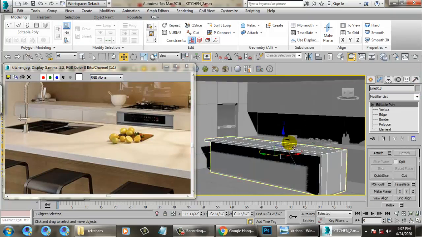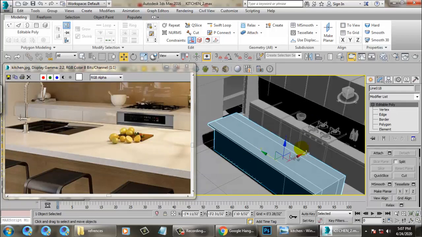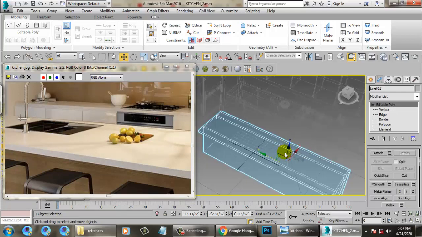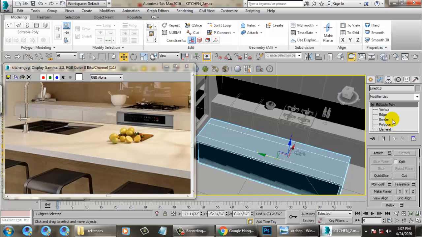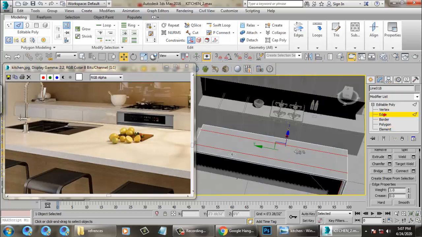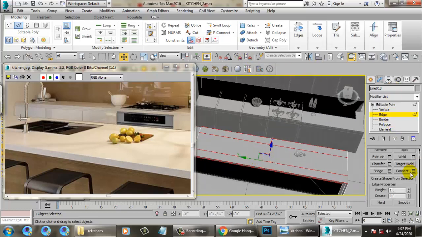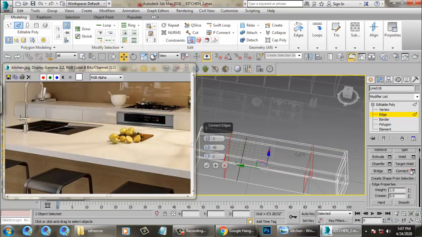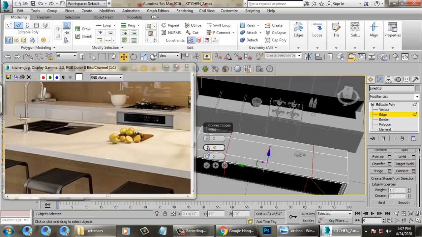Now what I'll be doing is creating a wash basin over here. For that, let's again select this edge, ring it, and give a connect over here, and push this till here.